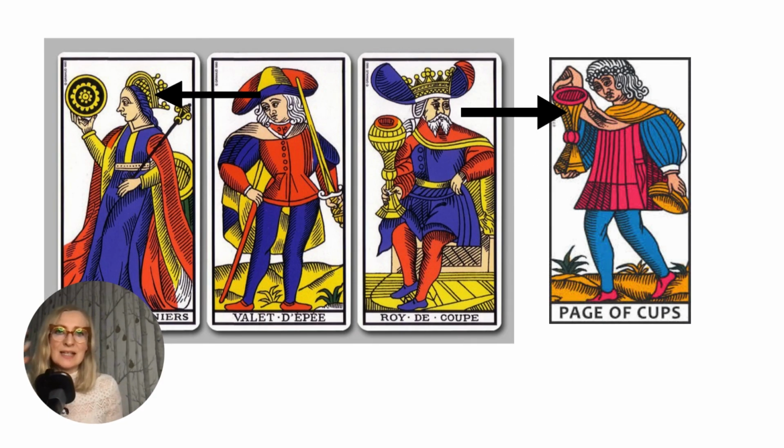So here we can see 4 cards. There would normally be more, but just for convenience, just to show you how that might work. So we've got the Queen of Coins there. Now, where's her attention? She's looking at her coin. She's absorbed in it. She's absorbed in her resources or what she wants to have as resources, and she's focused. But next to her, we've got the Page of Swords, and he's looking at her or her coin. So he's taking an interest in her that she's either unaware of or uninterested in.